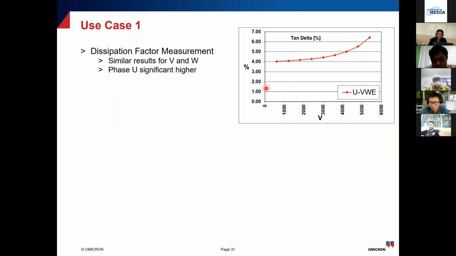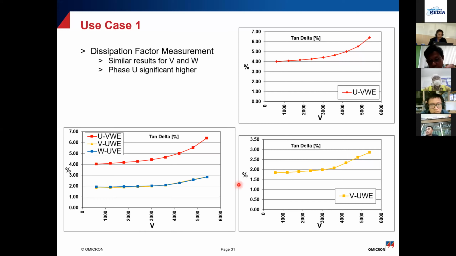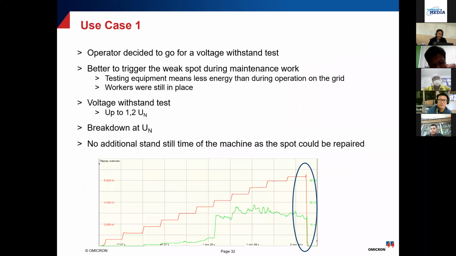So in this case, you can see this is phase U with V and W grounded. This is phase V. And once plotted together, you can see very clearly that phase U had significantly higher values as compared to V and W. So what was decided was, let's go for the voltage withstand test. For the voltage withstand test, the level can be mutually decided between the manufacturer and the user. For an in-service generator, you have to go up to rated voltage. In this case, they decided to go up to 1.2 times the rated voltage, and the breakdown happened at